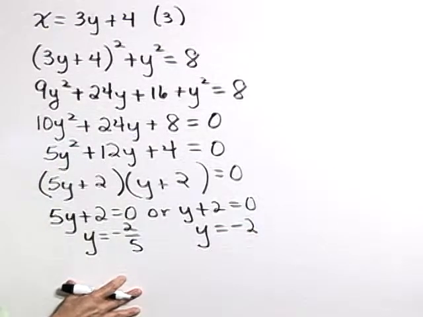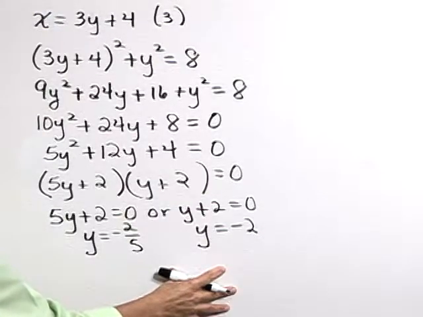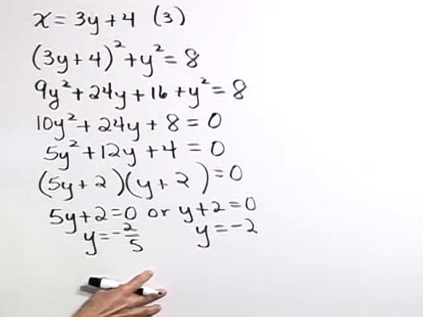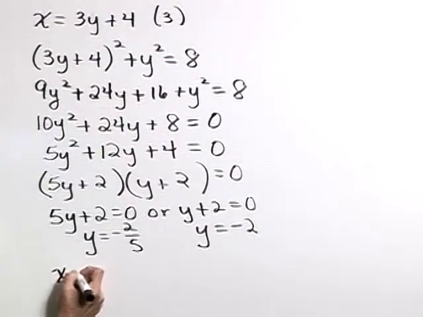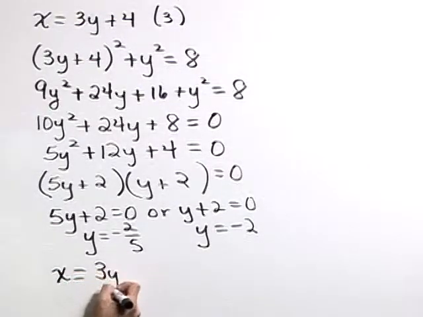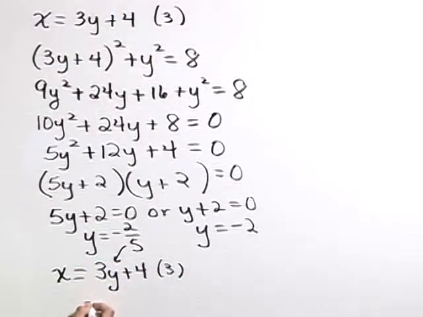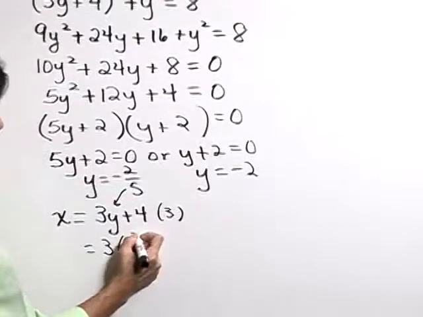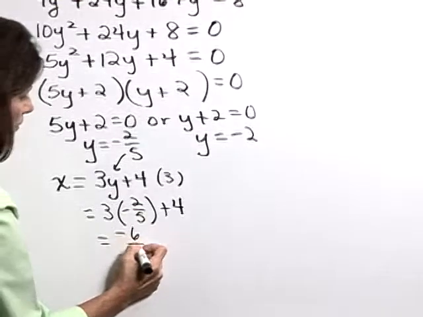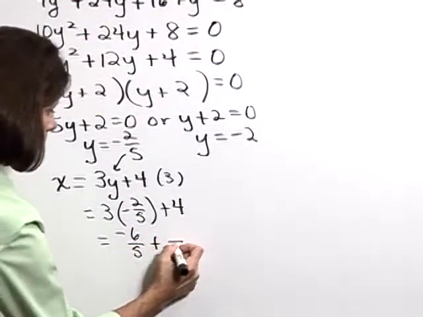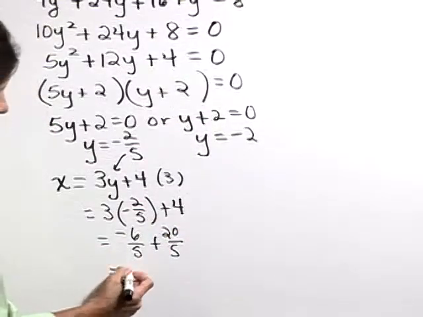Now, we're looking for 2 points of intersection then, and we've got the y values for those points of intersection. Let's determine the x values. I'm going to do that by substituting these y values back into equation 3, which is x equal 3y plus 4. Let's substitute y in there. So x is 3 times a negative 2/5 plus 4. That's a negative 6/5 plus, that's a 20/5. 20 minus that 6 is